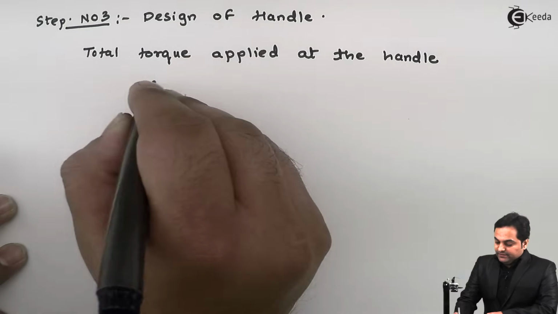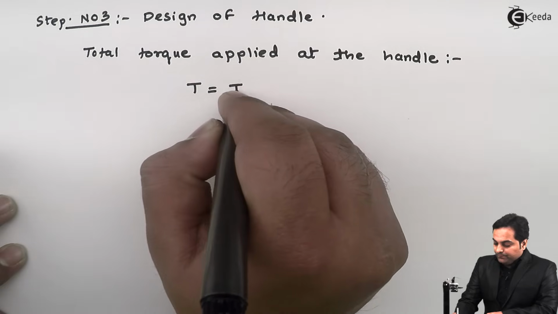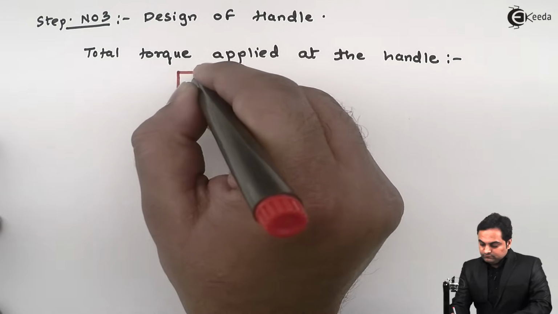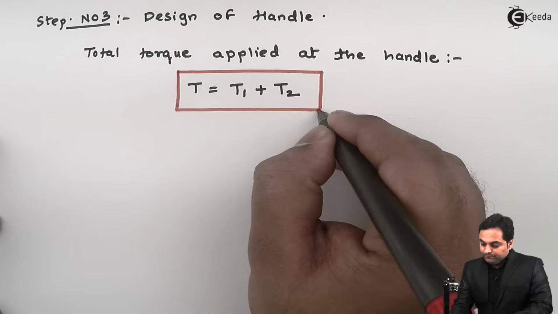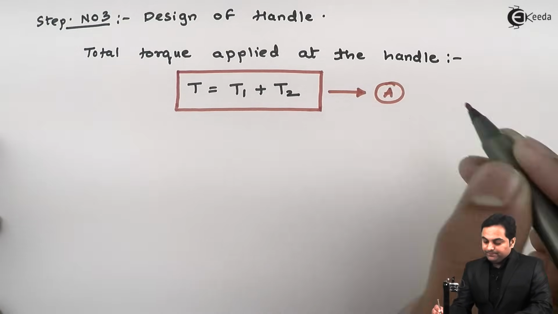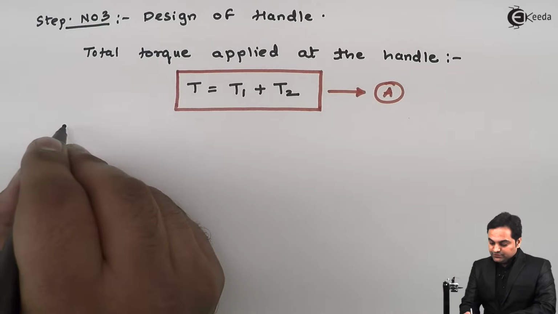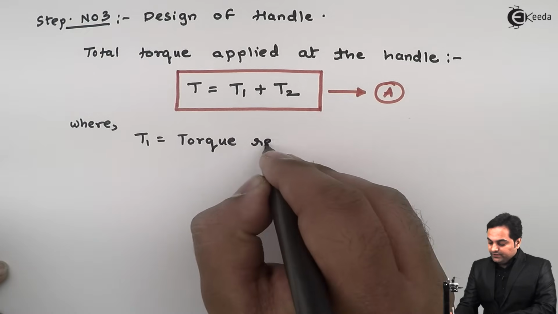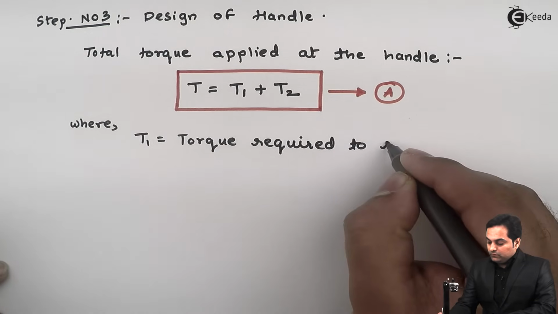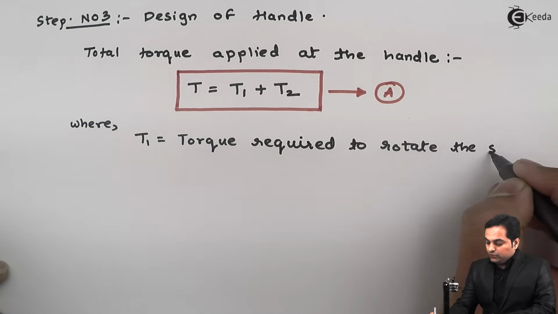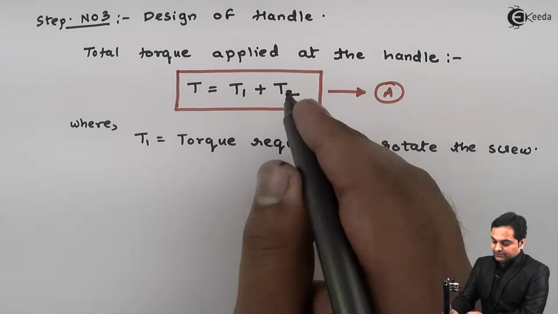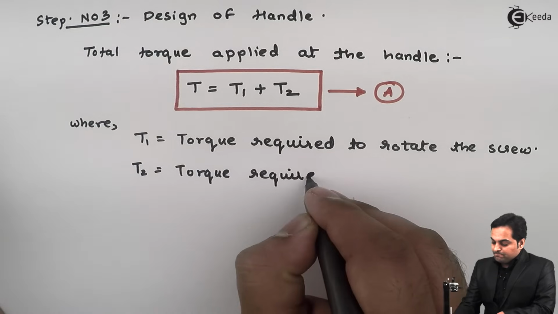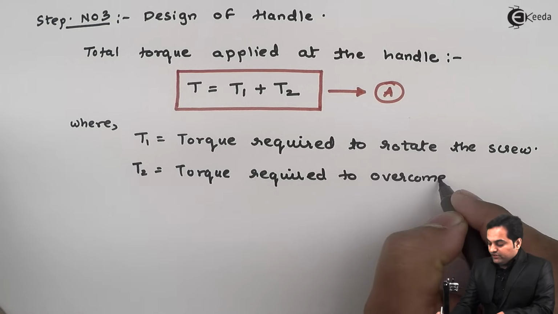So that total torque applied at the handle will be capital T is equal to T1 plus T2. I'll give this as equation capital A. So here I'll mention what these terms are, where T1 is the torque required to rotate the screw, and T2 is the torque required to overcome friction